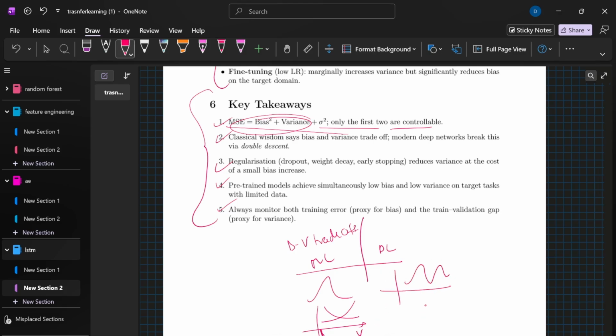So these are some of the things that you have to keep in mind: in the deep learning part, it's not depending upon a particular range, and there is no particular sweet point. There are many factors like the interpolation that we have discussed, and the regularization features that we have discussed. So these are the things that you have to keep in mind while working with bias and variance in